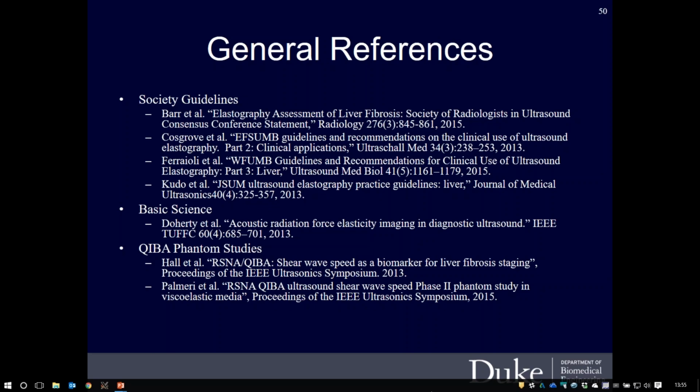We have not, as a group through QIBA, tried to hone in on what the accuracy and variability is as a function of pixel size or region of interest. There is a decent amount of literature that has started to come out that has specifically looked at how the confounders of shear wave reflections at structural boundaries influence things, using different filtering schemes to specifically remove the spurious artifact components. But right now I'd say that's an active source of research more than something that's been standardized for clinical use.